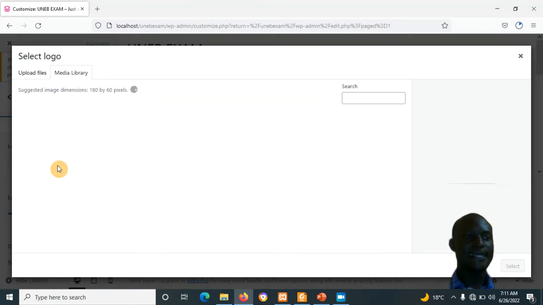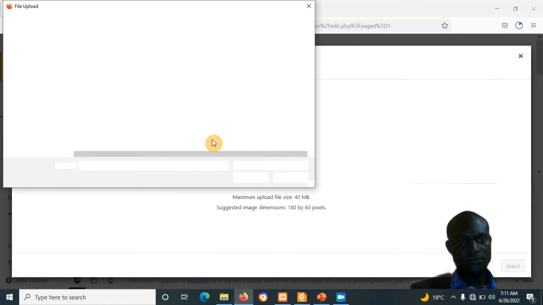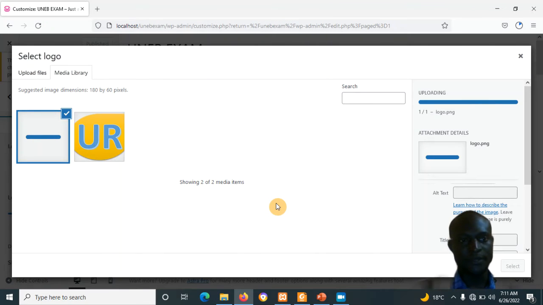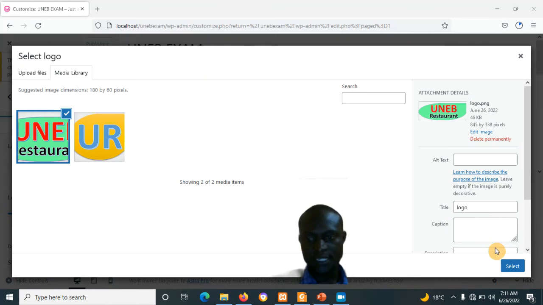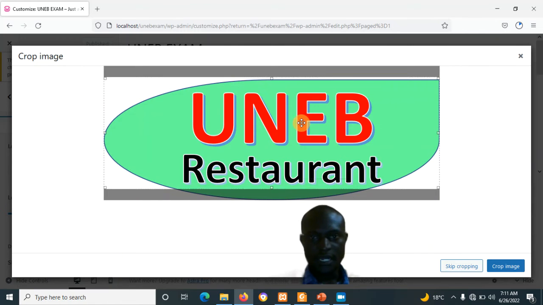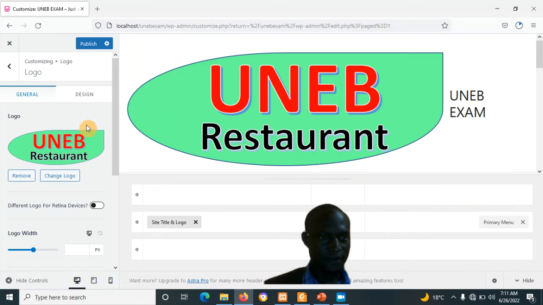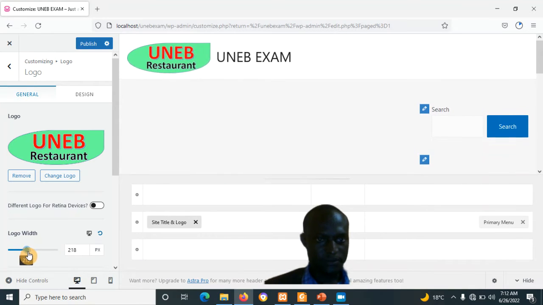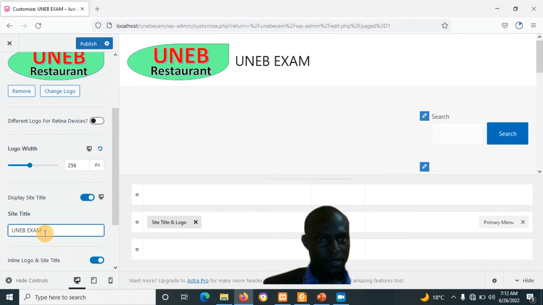So I can come here and I select logo, and I can upload my logo onto my website. Okay, UNEB restaurant. So I come here and I say select, and here I can skip cropping. Yeah, so that I can have my logo there. There is logo width, so you can specify how. Okay, so I can say UNEB